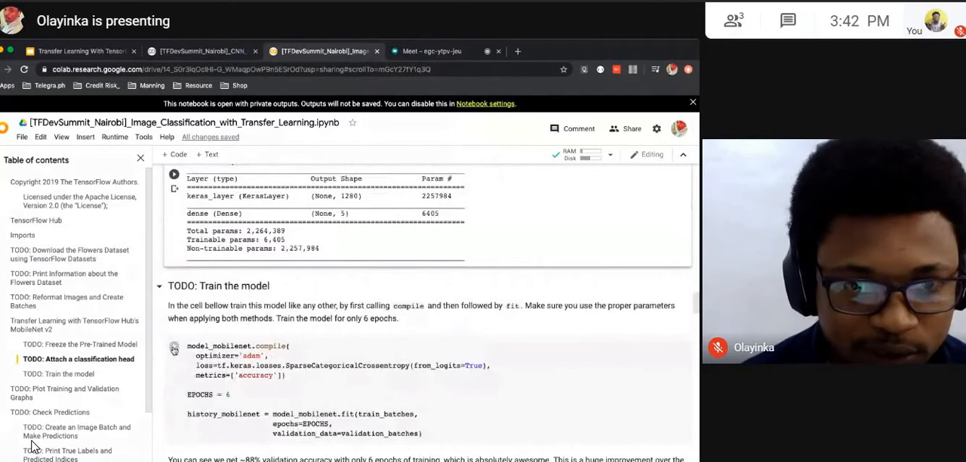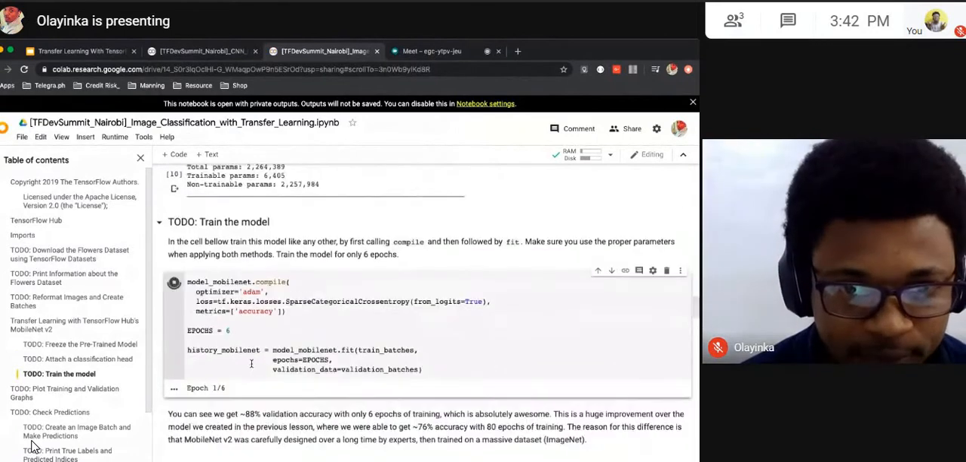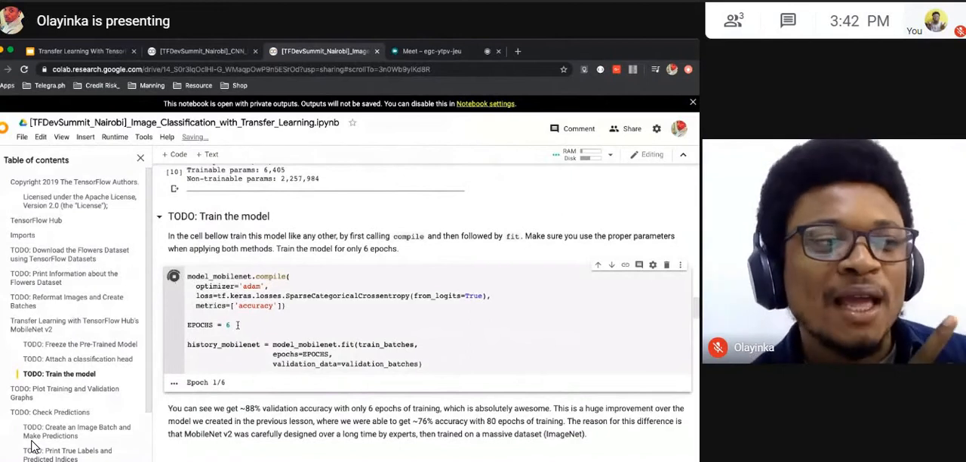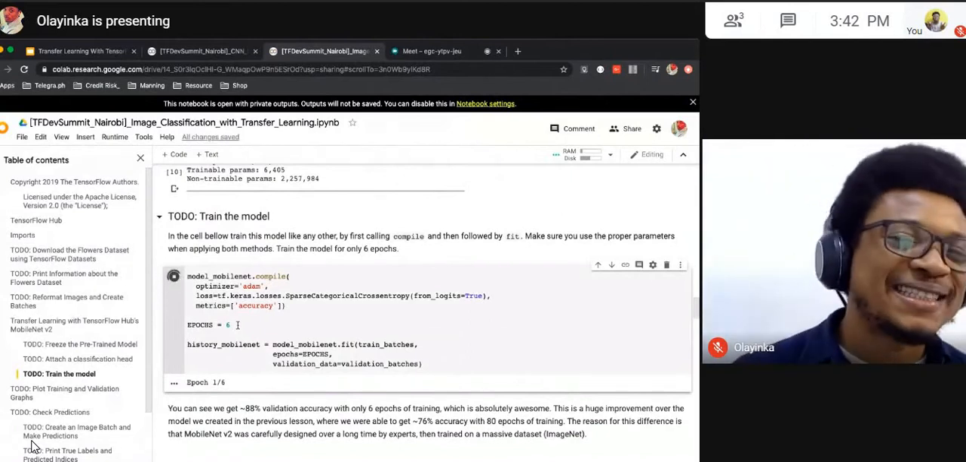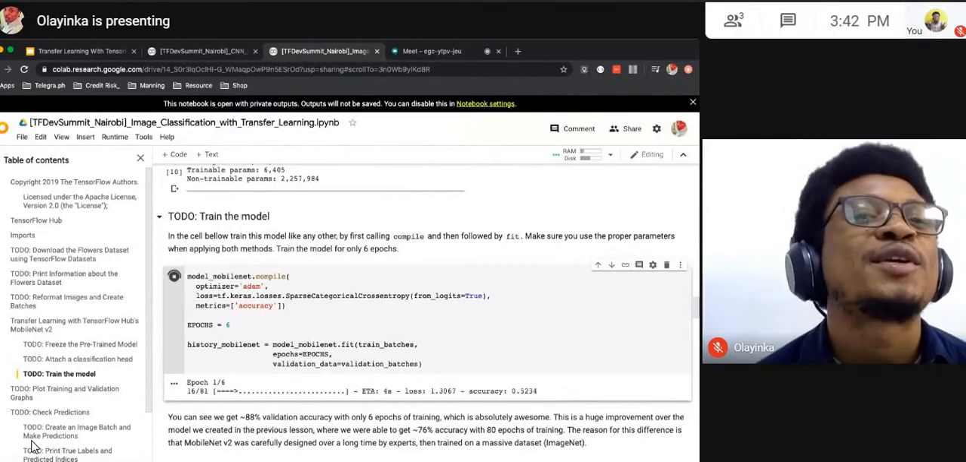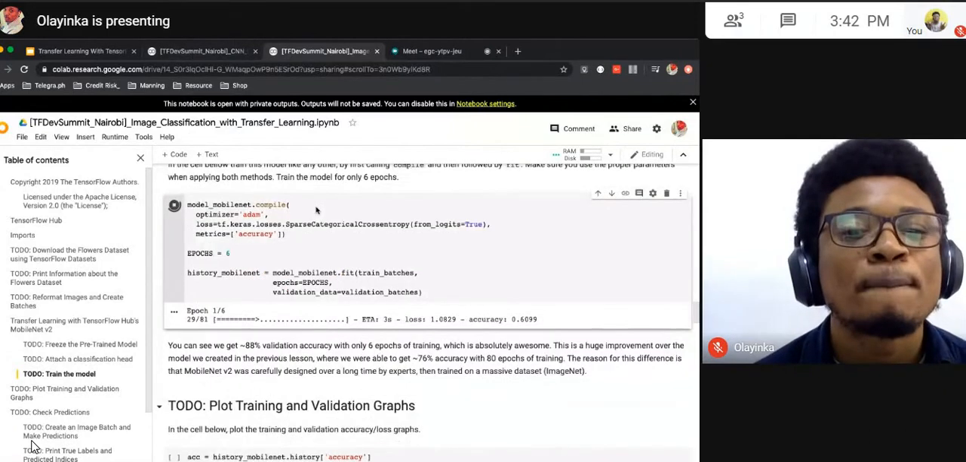Now we train the model for 6 epochs, right? Now compare 6 epochs to 30 epochs from the other guy, right? Yeah, let's compare 6 epochs to 30 epochs, and let's see the difference, right? And then,